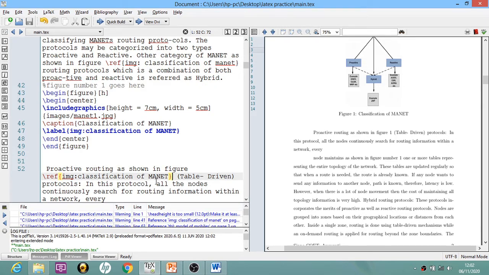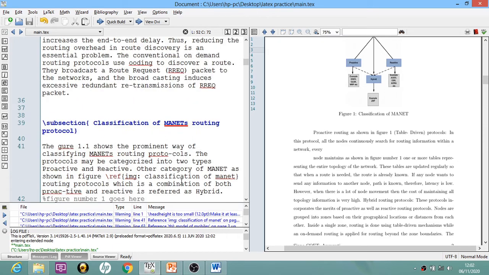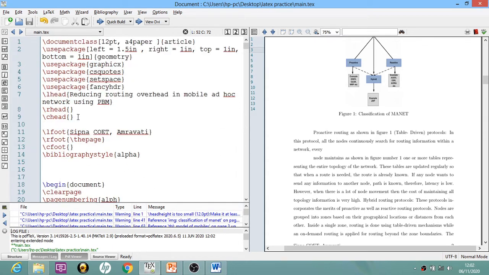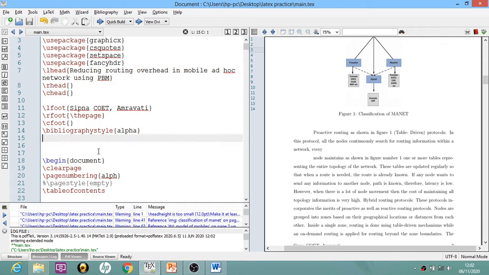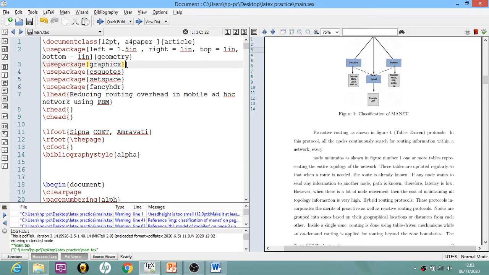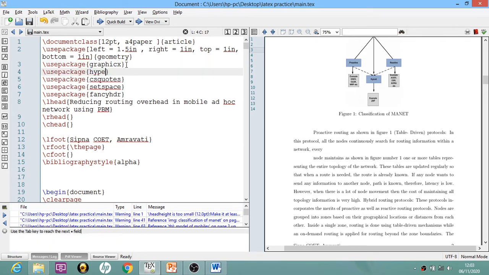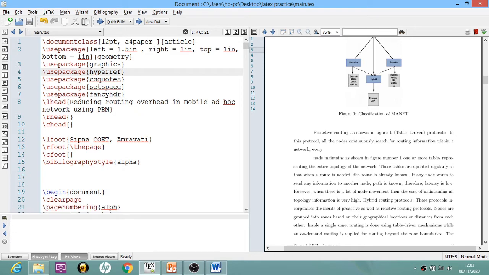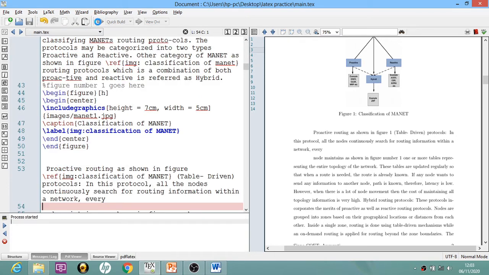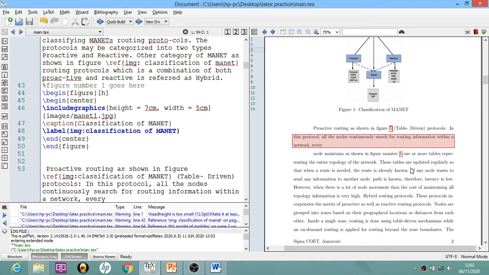The next thing is, again you can use the package hyperref. So over here we will write use package hyperref, and let us see what will be the effect. We will compile it twice, and you can see that this figure number 1 is active.